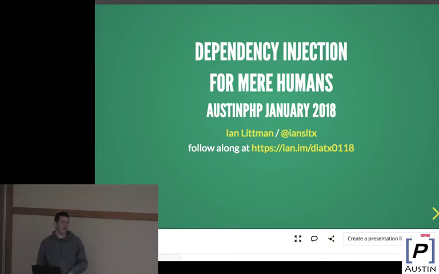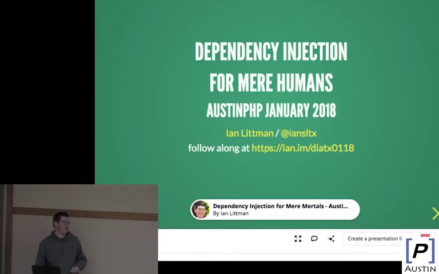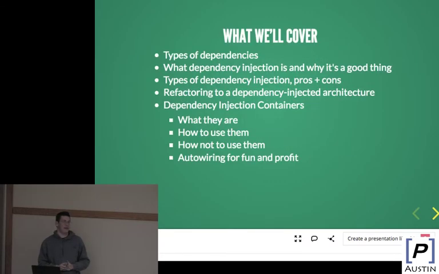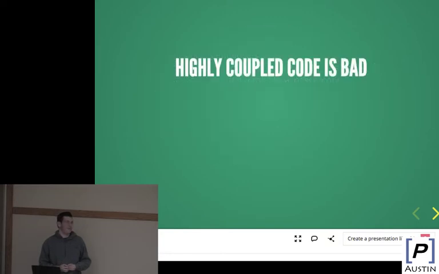Specifically, highly coupled code where the implementation details of the thing that you're working on depends on the implementation details of basically everything else in your application, or most of it. You're going to wind up with an unmaintainable mess, where any time that you're attempting to add a new feature or fix a bug, you have to change things in about 15 different places